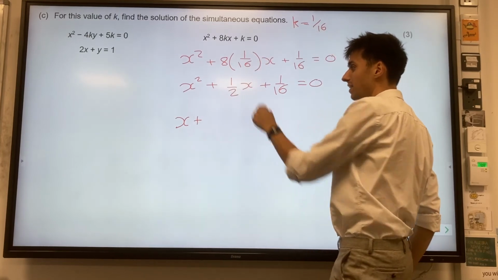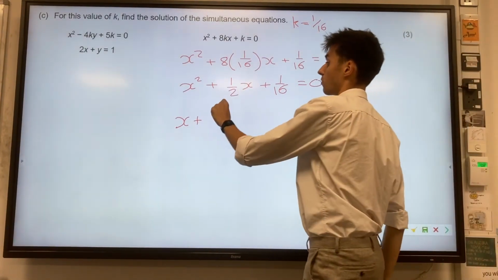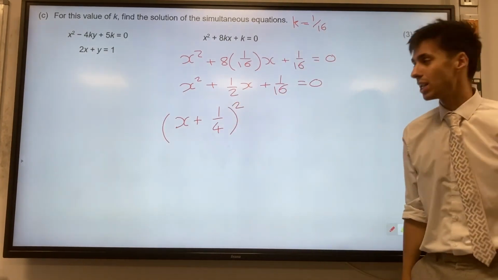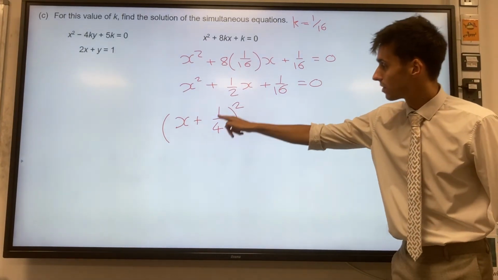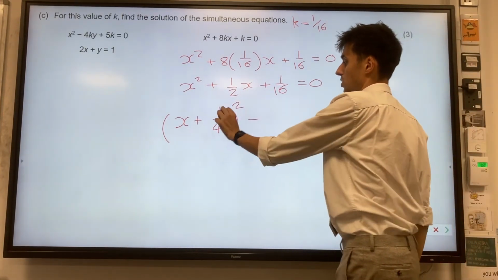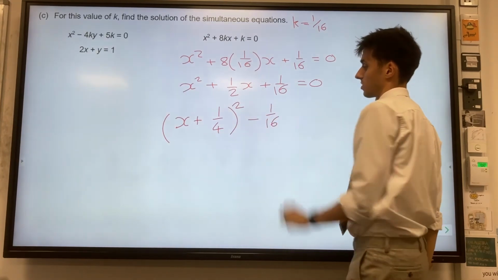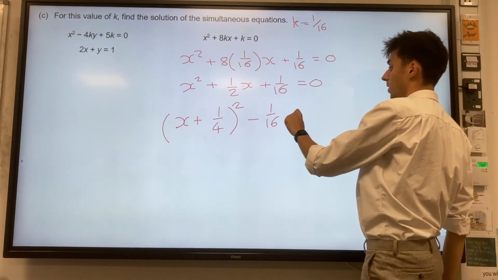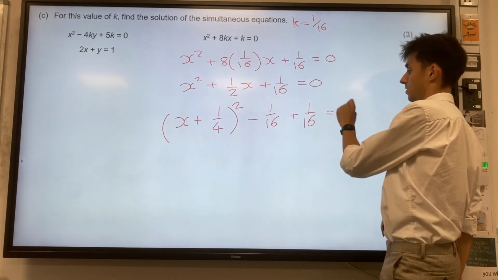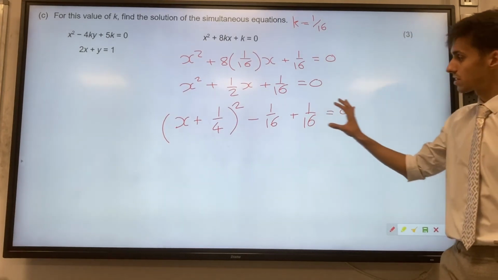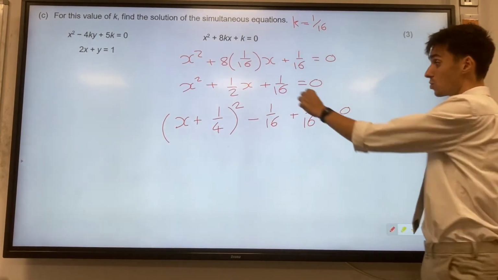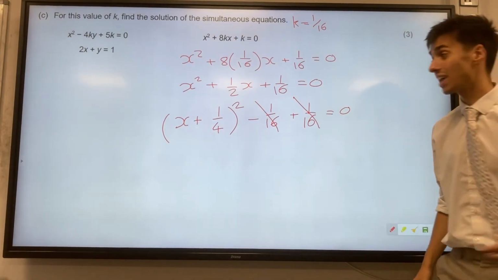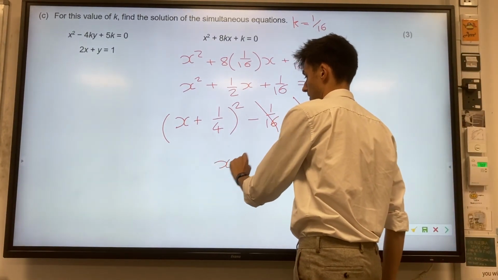That means halving this coefficient of x to get half of a half, which is a quarter. And we need to square that. And then if you remember, we square this coefficient in here and take it outside. So it needs to be negative 1/16. Square this, take it away on the outside. And we still can't forget about this plus 1/16 equals 0. So this is the completed square form, but actually these two, negative 1/16 and positive 1/16, cancel out really nicely. And that just leaves us with x plus a quarter